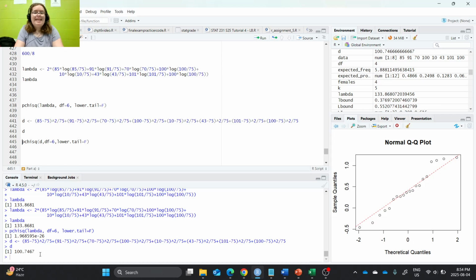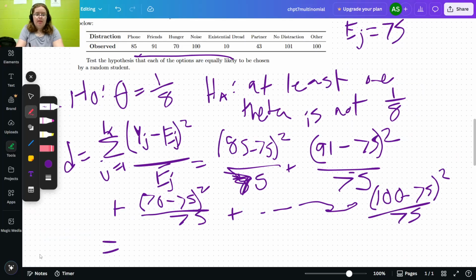And this is, again, ridiculously large, so we're expecting a very small p-value. So whatever it was, like 100, sure. And when we do our p-value,